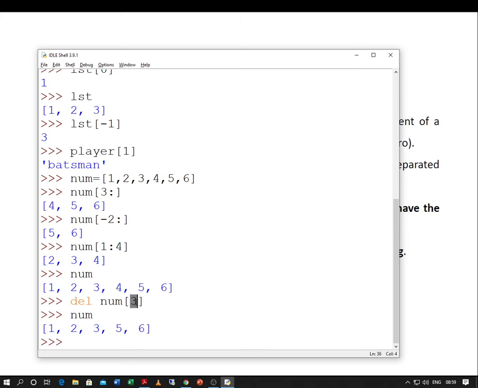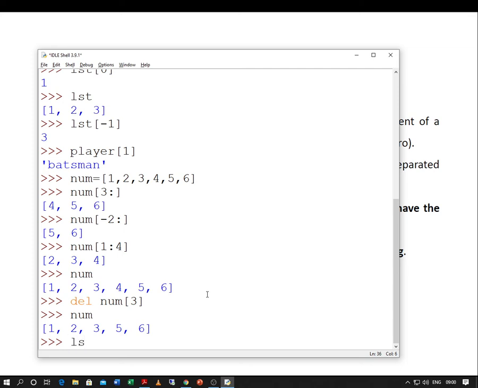This indicates the index. The element that is there at this index is going to be removed. So, this is index 0, 1, 2 and 3. So, 4 is at index 3 and hence that particular element is going to be removed. So, we have the remaining items in the list.